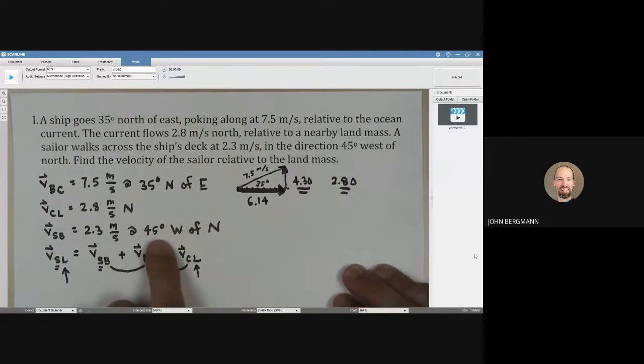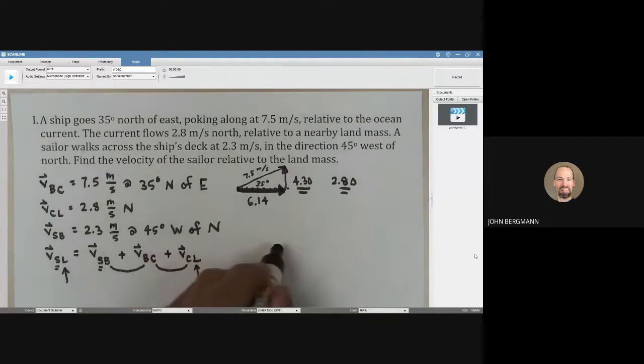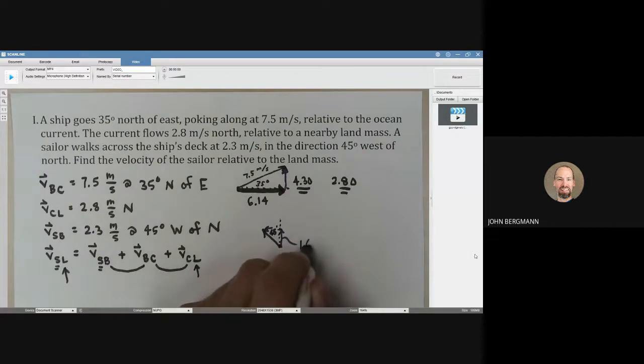And then what do we have down here at the bottom? This is 45 degrees to the west of north. North is that way. So 45 degrees to the west would be like that, where this angle right here is 45 degrees. And if this hypotenuse is 2.3 meters per second, then the various components are equal to each other. That one there is equal to that one there, and they both have the magnitude, according to what I calculated here, 1.63